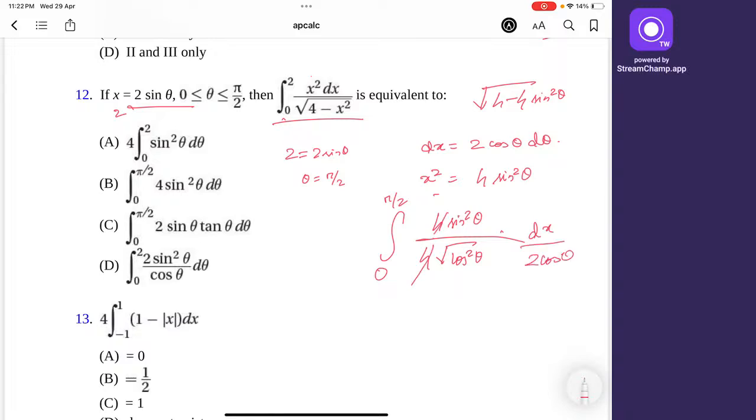So we can get rid of these 4's. So it is sine square theta by 2 cos square theta. So this simplifies to 0 to pi by 2, 1 by 2 sine square theta dx. This square root is cos theta times cos theta is cos square theta. So sine square theta by